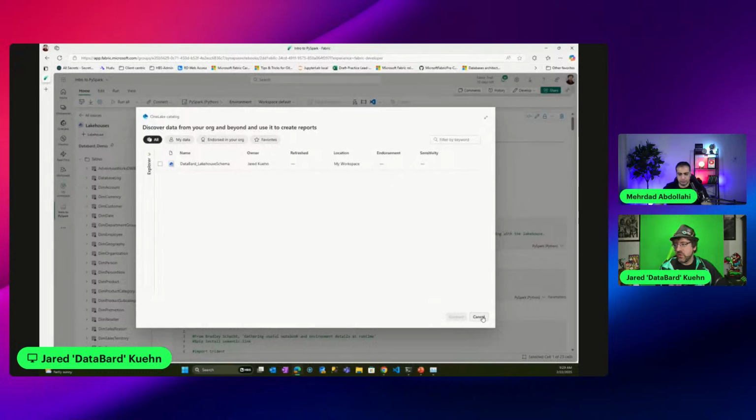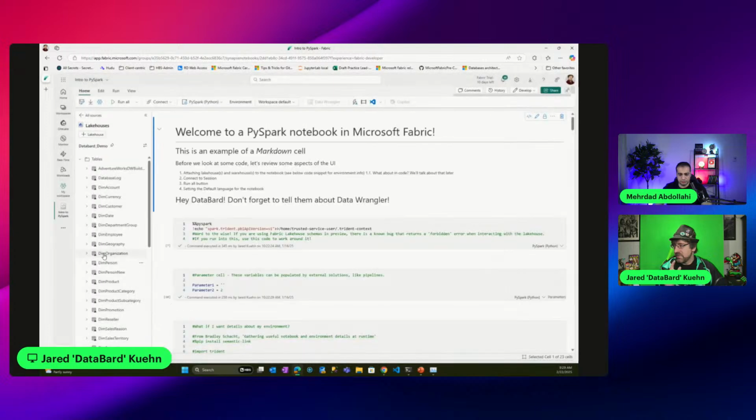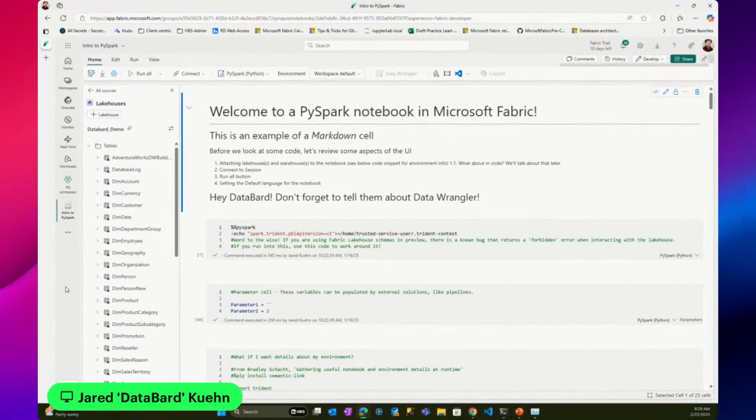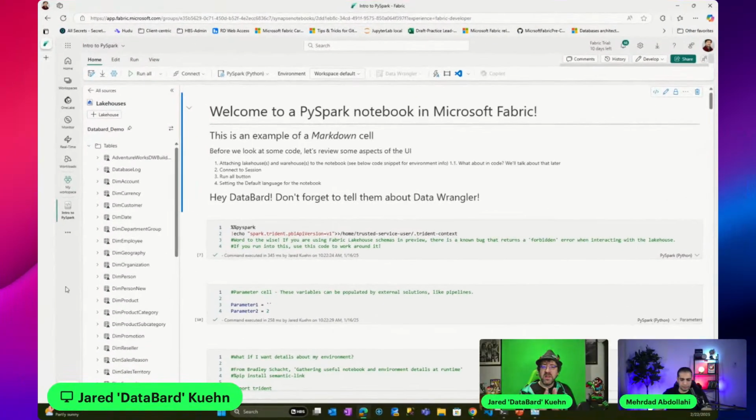One important thing to note about this, for those who are working in dev, test, production environments, perhaps with the deployment pipelines that are available: this is actually defined within the metadata, within the code, that moves from environment to environment.